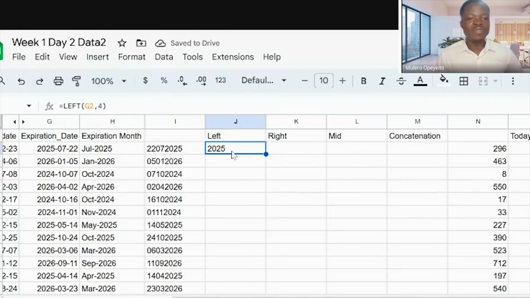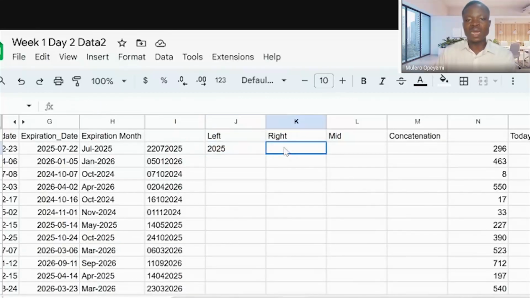You can see it left. So what we did is that we used test. We've already used left to generate 2025. You can also use the other functions. We bring them together, combine them to generate 2207. Step by step, we get there. So there's a progression. But let's just take it one bit at a time.